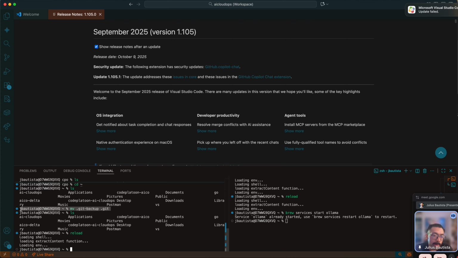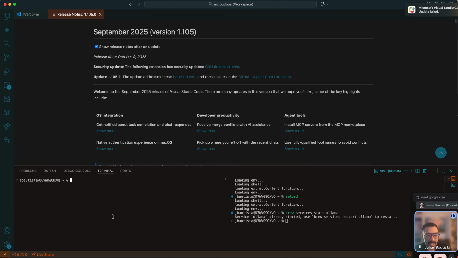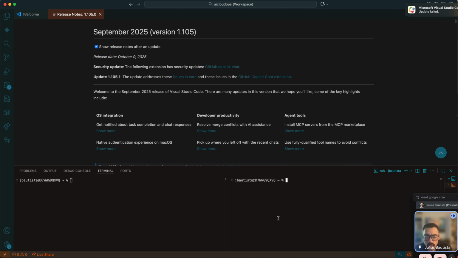All right, I might as well mention it here, but move, like its name implies, is used for moving files, but notice that I also use it to rename something, right? My environment was yelling at me because I did some funky stuff earlier. I renamed the .git directory to .git backup, and then I remembered I did that, so I undid it, and now it's happy. Okay, so we're back to Ollama, and